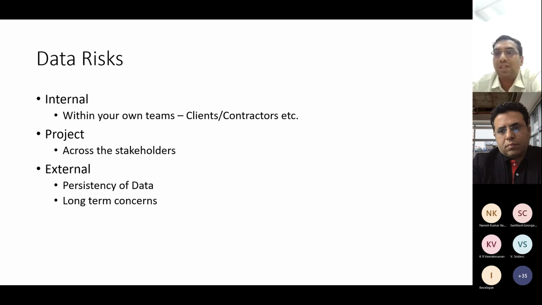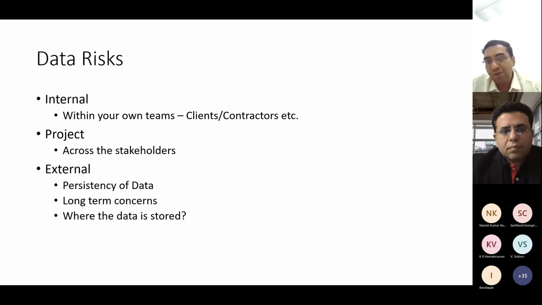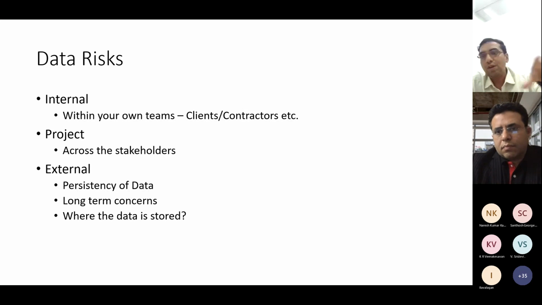And then, for example, in the long-term nature, if I want to pick up some archive, would I have it in my premises, or where is this data stored at all? Is it beyond the country? Where is it? So these kinds of concerns still remain, but I think people are working around it. Every CDE offers you a customized solution based on your data requirements and the risk-related things. Especially, for example, if you are from the government sector and you want your data to be stored in a particular format in a particular location, that would also be ensured. But it all comes with this.